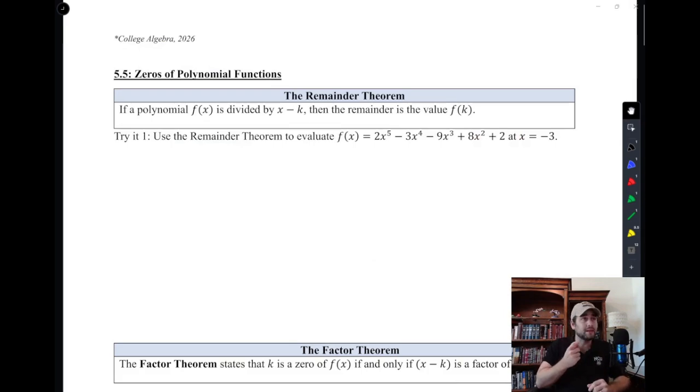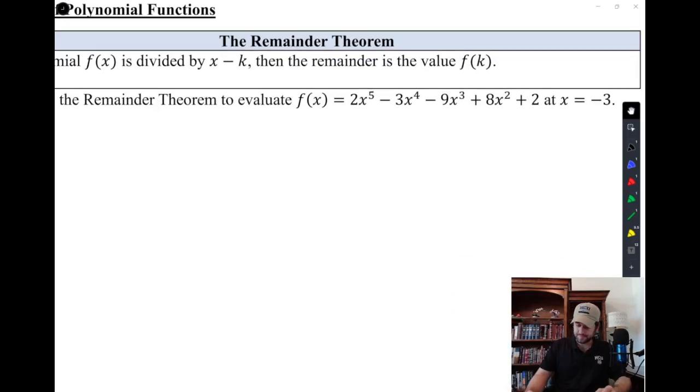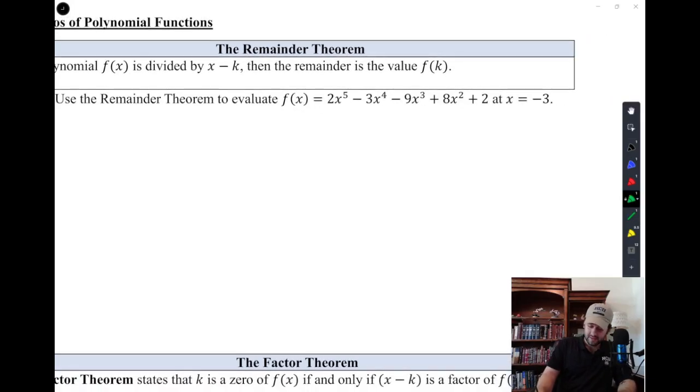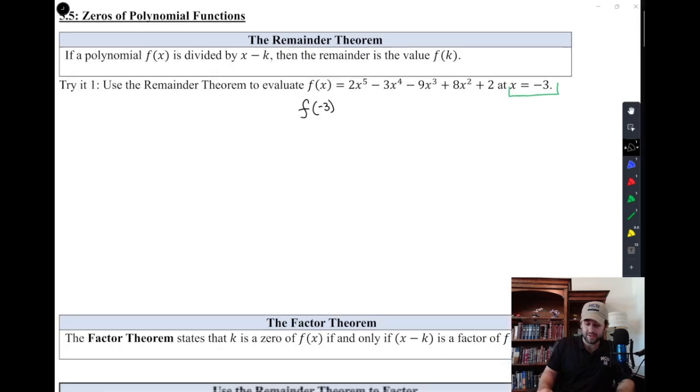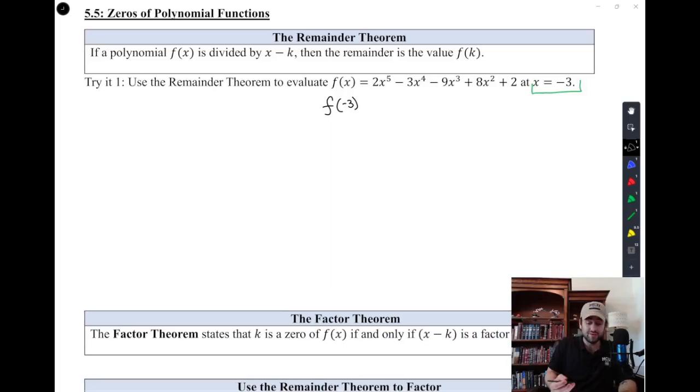Okay, so last video, we talked about synthetic division. This session we're going to pick up right where we left off, where they give us a value and they want us to evaluate f of negative 3. Now we could just plug and chug that negative 3, but the tool that we got last class is actually a little bit easier than plugging and chugging negative 3. So what we're allowed to do to evaluate that function at negative 3 is to take that negative 3 and